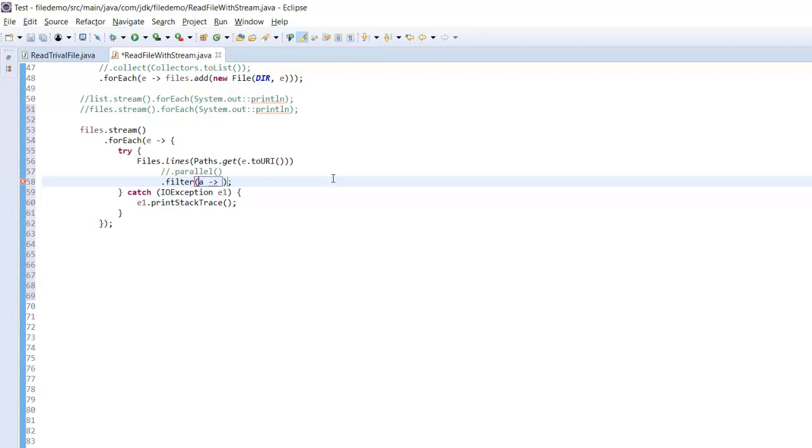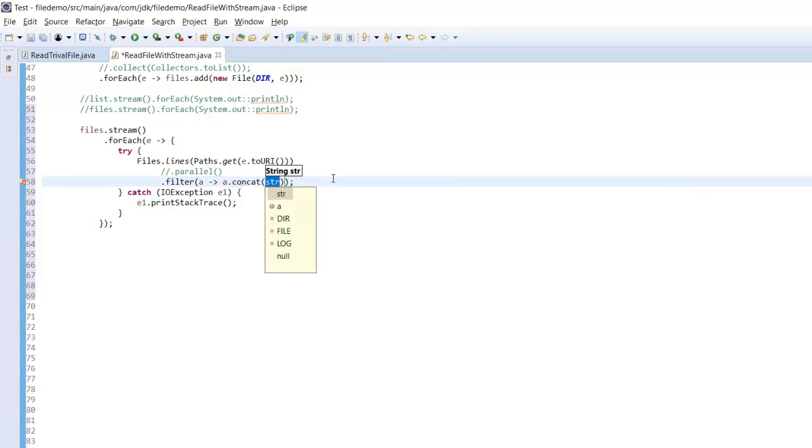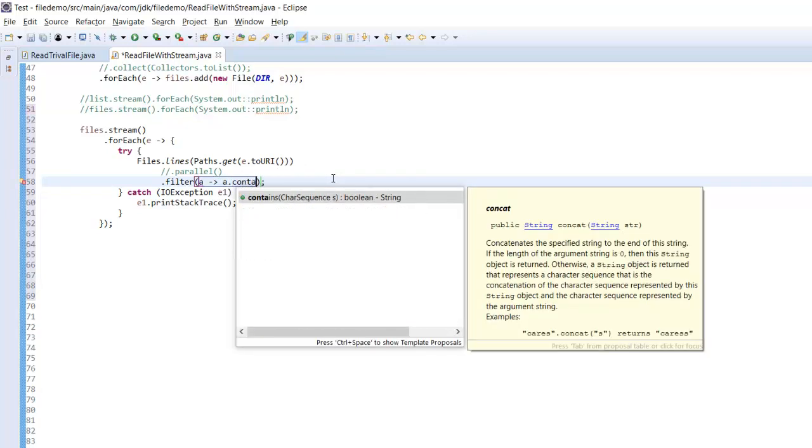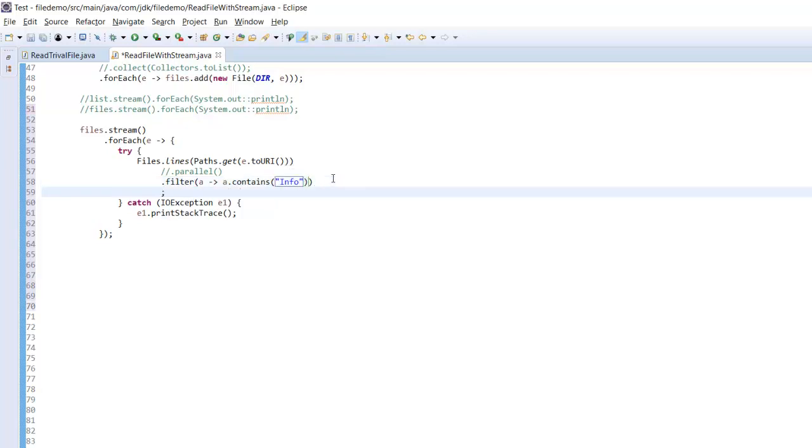Let's say A, and A dot contains, and the character sequence I was using, info. So if it is containing info, then for each,